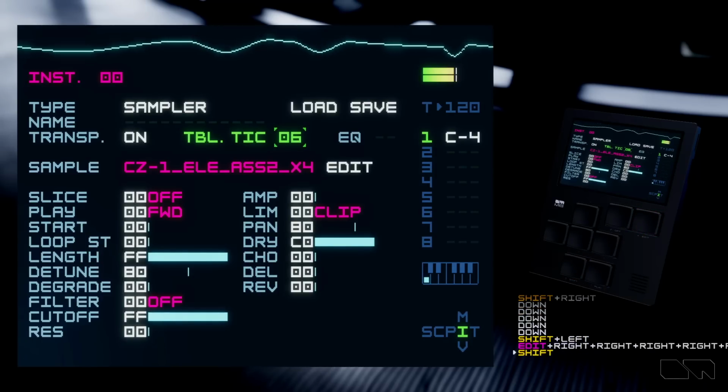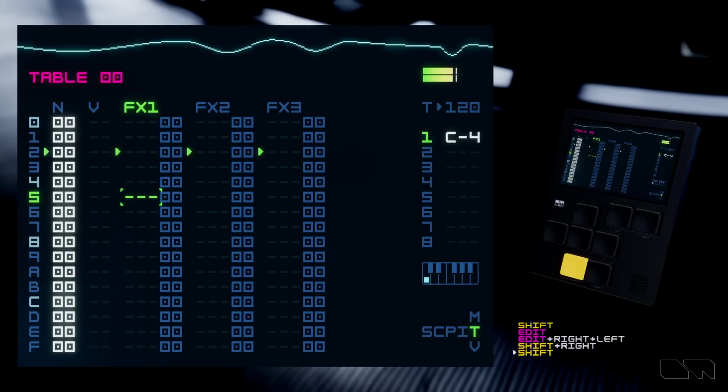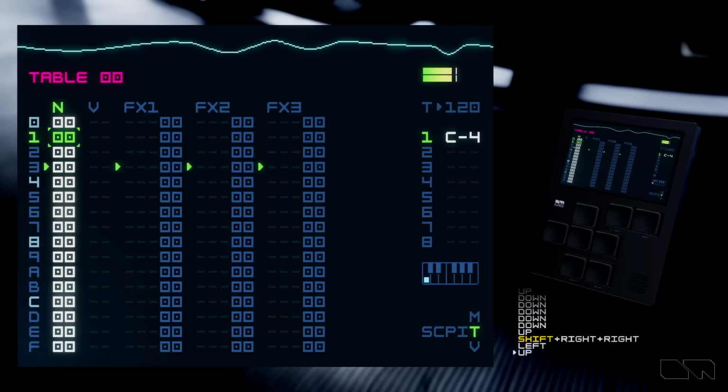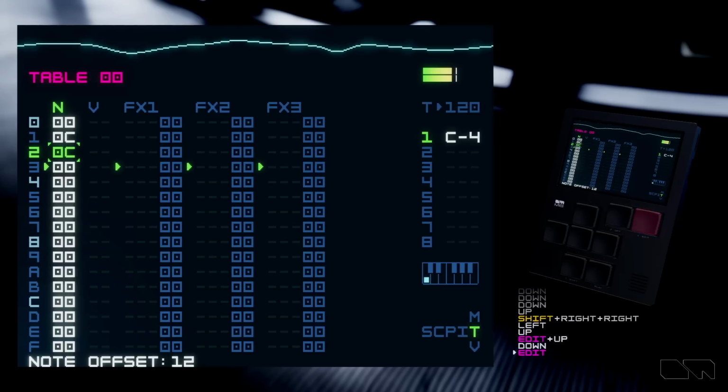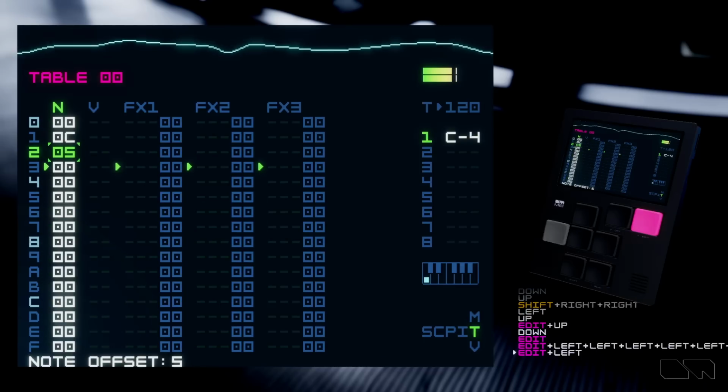it says table speed 1 steps, 0 ticks. And now this table's moving basically kind of lined up with the phrase. Every single row here is also here. So if I wanted to do a simple kind of arpeggio thing,